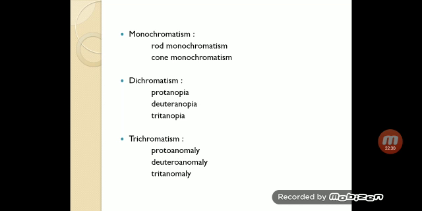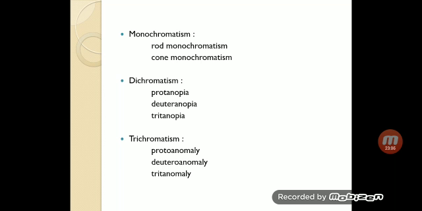So monochromatism is a condition in which there is total inability to perceive color. Rod monochromatism is one in which the vision purely depends on the rods. The rods are responsible for vision in dim light. They don't have color vision property. And in cone monochromatism, the vision purely depends upon the cone properties. This states that in rod monochromatism, the cones are functionless, and in cone monochromatism, the rods are functionless.